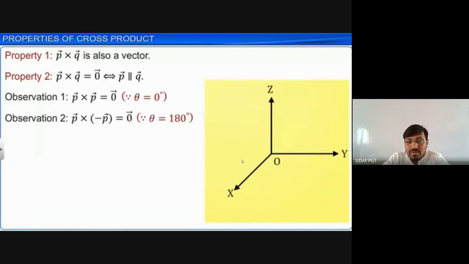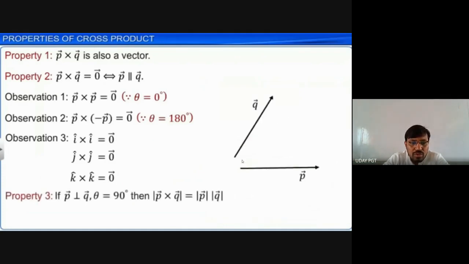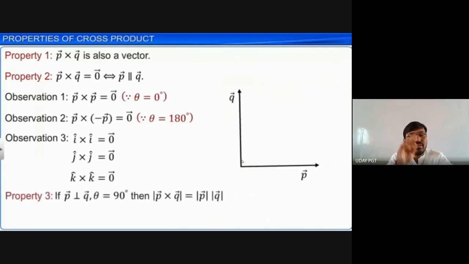So when the cross product of two vectors is 0, either they are parallel to each other in the same direction, or they may be in opposite directions. Let us consider the x-axis, y-axis and z-axis. The cross product of the unit vector along the same axis, whenever you take it, we are going to get 0. You remember that the dot product of the unit vectors along the coordinate axes is equal to